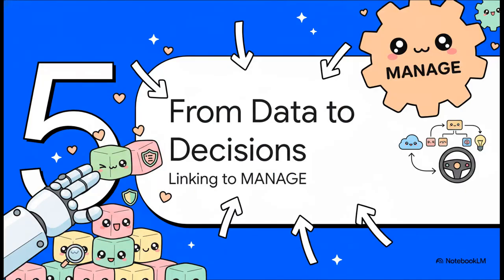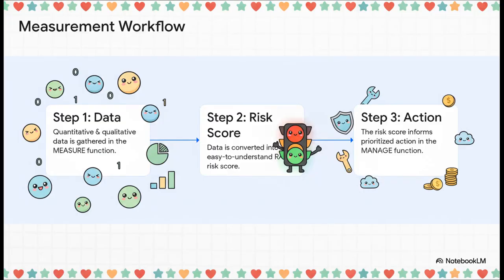Okay, so we've gathered all this incredible data: false positive rates, privacy guarantees, performance benchmarks, but data sitting in a report is totally useless. The entire point of all this work is to fuel the final function of the framework: manage. And this slide just lays out that workflow perfectly. You take the raw quantitative data you got from your measure activities, you convert it into a really easy-to-understand risk score, like that red, amber, green scale we saw. And that, in turn, allows leadership to immediately see where the biggest problems are and prioritize their actions and resources